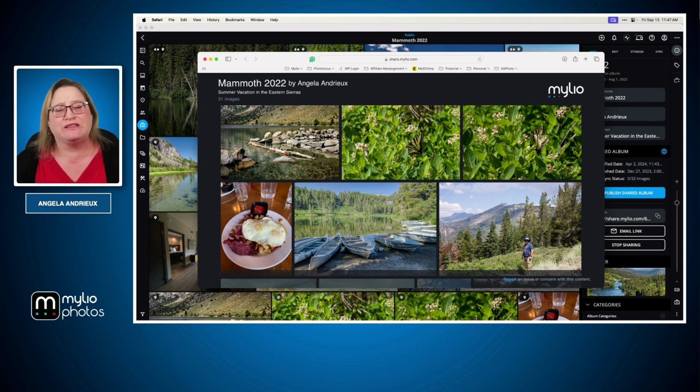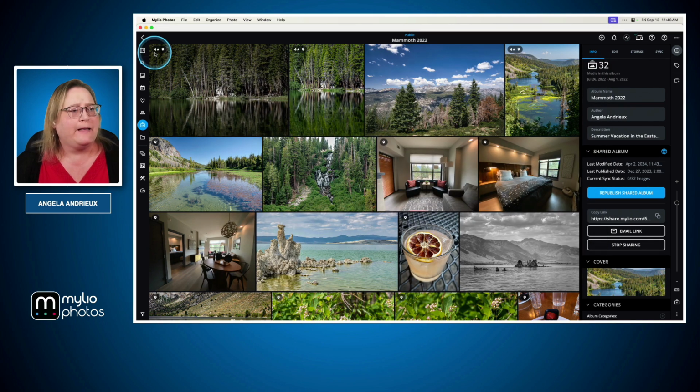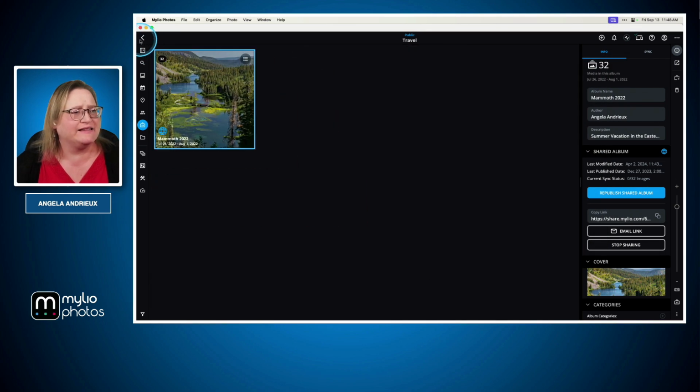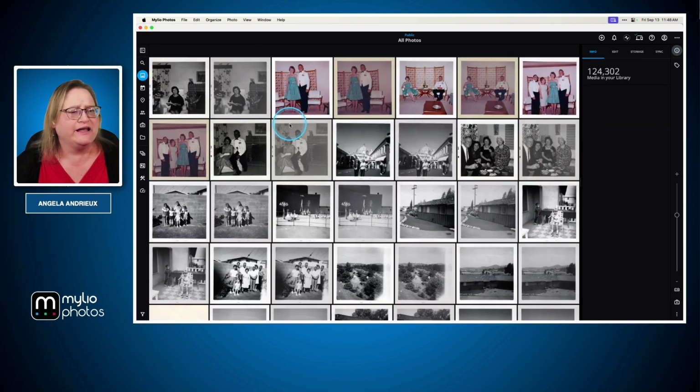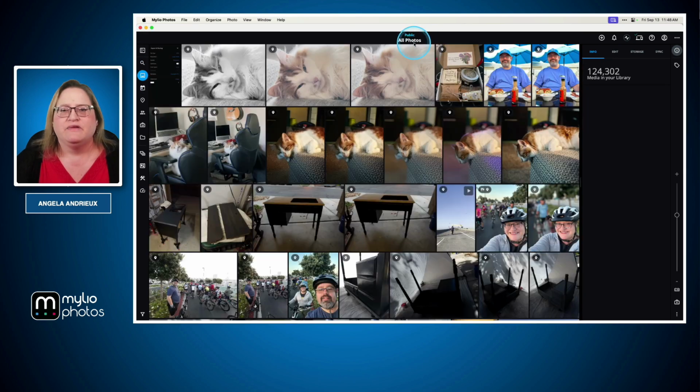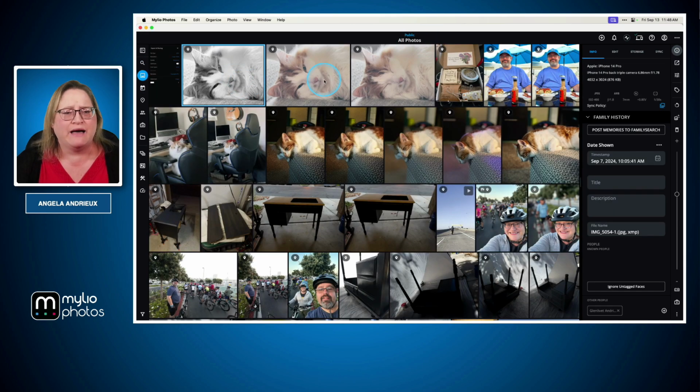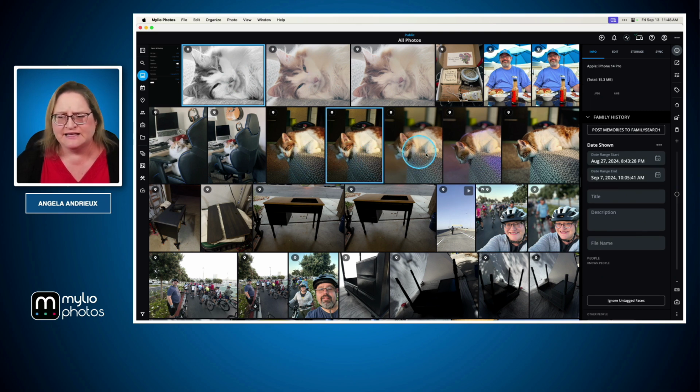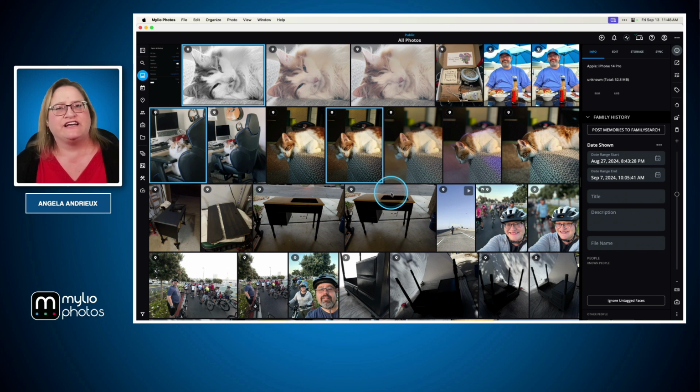That's where the shareable links come in. So let me go ahead and close out of this here, and I'm going to go back and let's go here into my library. I'm going to go to the top, and let's say I want to just grab a few cat pictures here. Cute cats doing cute things, and I want to create a link that shares these images